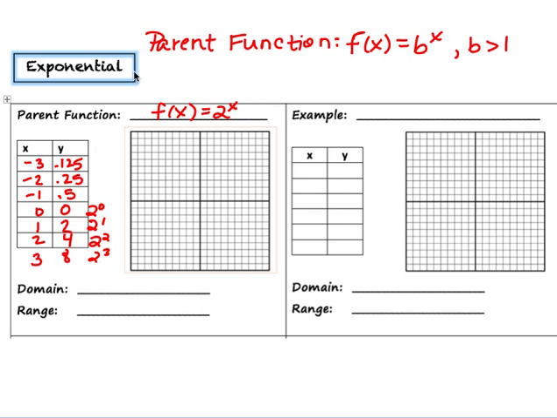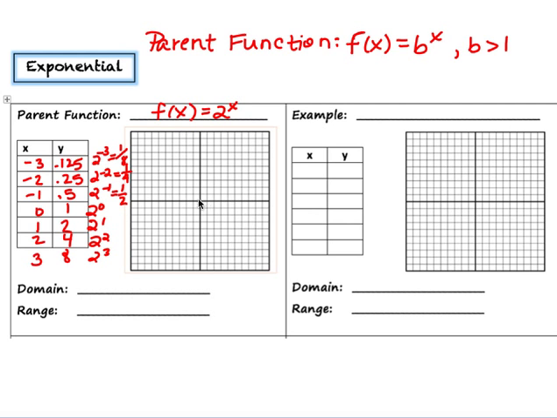which is 1. Any number to the 0 is 1. And it just goes on and on. For example, the reason this is a half is because 2 to the negative 1 is the same as 1 over 2, which is 1 half. 2 to the negative 2 is the same as 1 over 2 squared, which is 1 over 4. And then finally, 2 to the negative 3 is the same as 1 over 2 cubed, which is 1 over